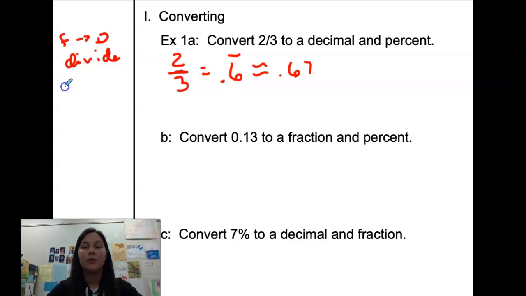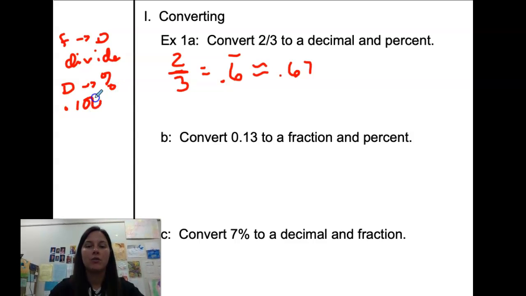All right, so to convert from a decimal to a percent, we'll stay in that left-hand column. So from the decimal to the percent, what we do is we multiply by 100. The definition for percent is literally a ratio of a number to 100. So we're comparing our number to 100. So take that decimal, 0.67, multiply by 100. Because this is my rounded decimal, I'm still going to use those approximately equal to symbols,